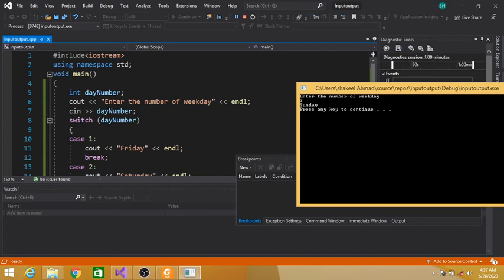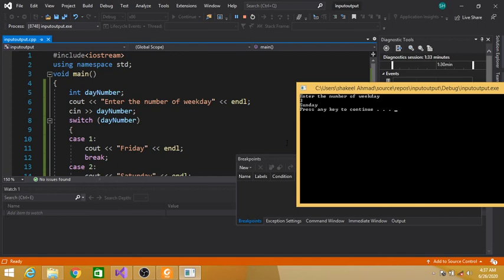Next we are starting our switch statement. Switch day number. Day number means 3. So it compares case 1. Day number contains 3. Does 3 match with 1? No. So control will skip these two lines and jump to case 2 because this is not matched with case 1. And in case 2, the day number contains 3, does 3 match with 2?